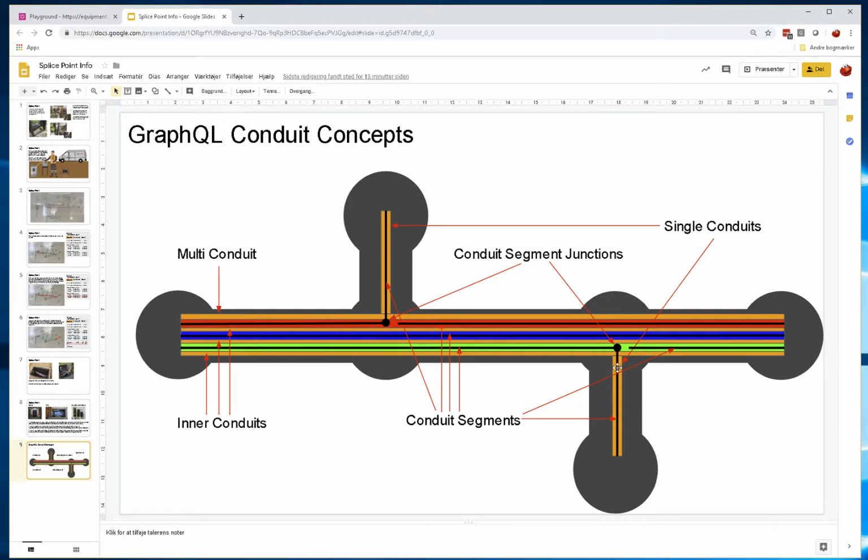But as soon as you begin to cut it, it will begin to contain several segments that span one or more nodes. So you can imagine here the red conduit that goes inside the multi-conduit. It will in the start be just one piece going all the way down here. But when they want to connect it to this customer, they actually go down to this node here, cut it over, and connect